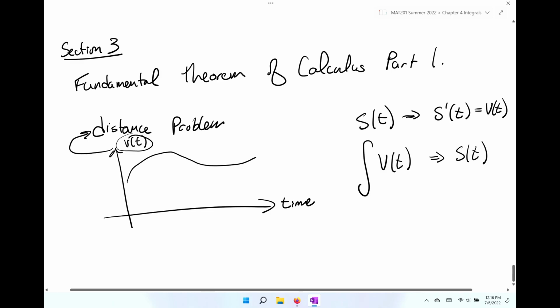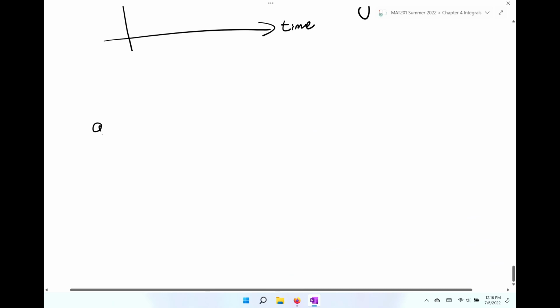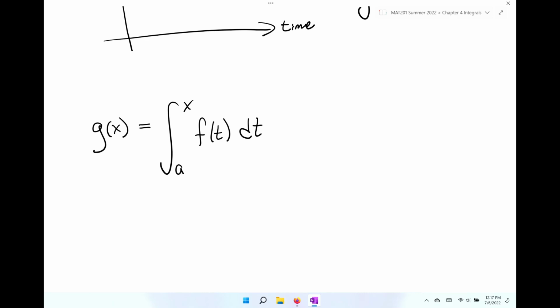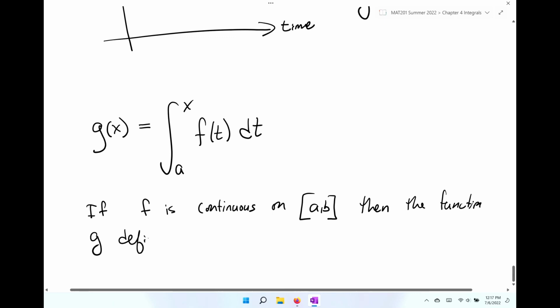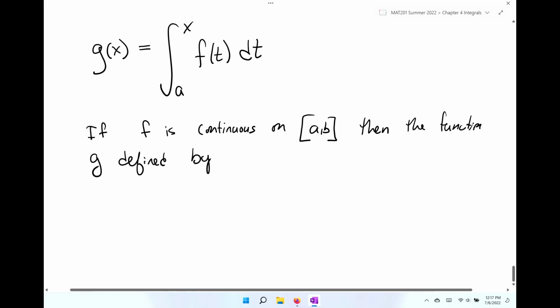So the first part of the fundamental theorem of calculus basically tells us that if you have some function, let's call it g of x, this is going to equal the integral from a to x of f of t dt, meaning that if f is continuous on some interval a to b, then the function g defined by, and I'm going to write it again, g of x equals the integral from a to x of f of t dt between a and b is continuous